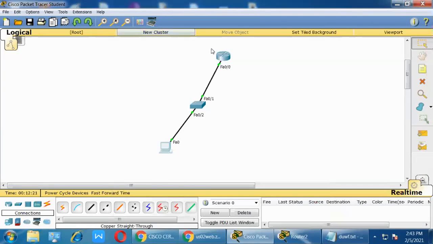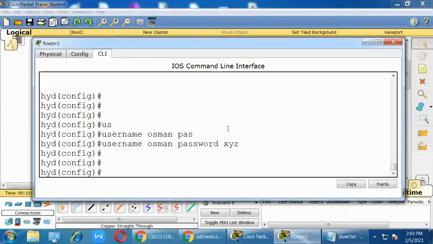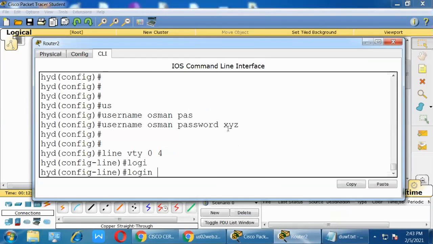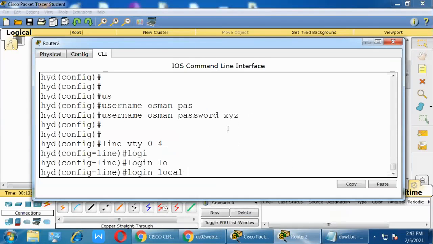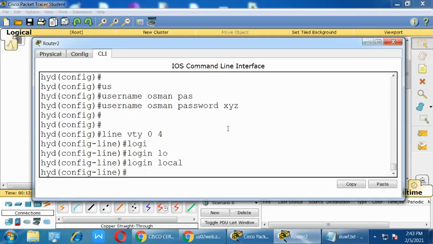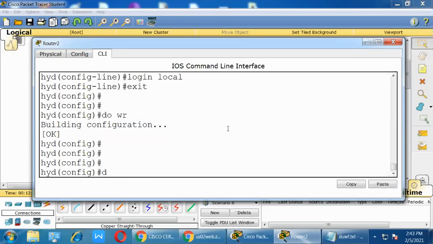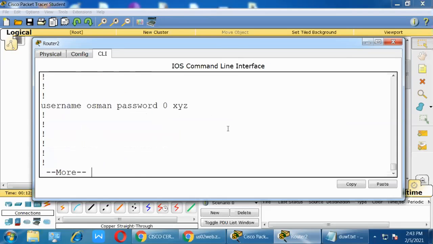One thing: go to line VTY 0 4 and add the command login local. Enter, exit, do wr, do show run.